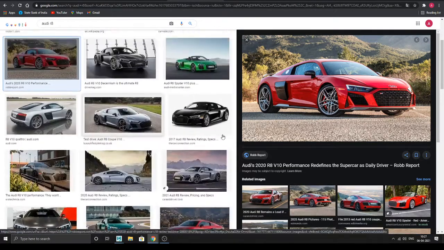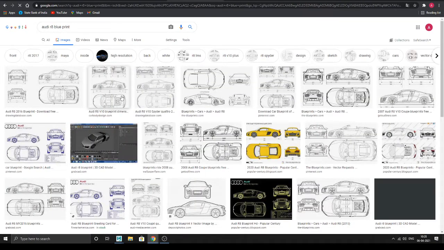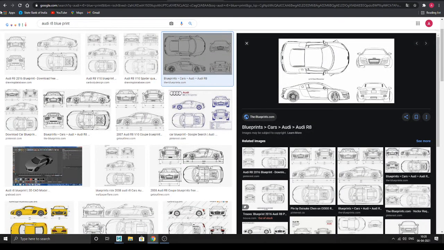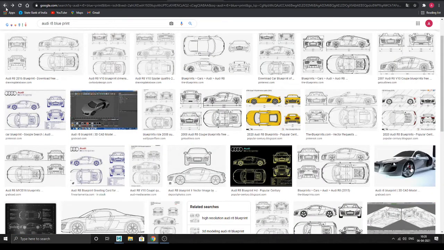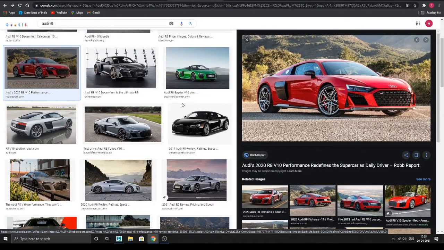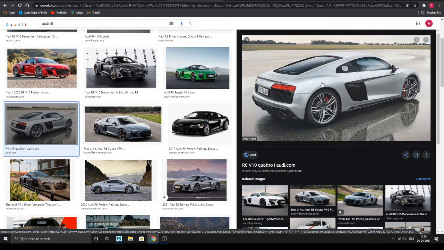So now, if I'm taking the R8, I'll take the blueprint first. What is the blueprint? All the four sides. All right, this one. This is the blueprint. I have this, but I have to view the real model also. When we are modeling with the blueprint, it is just 2D. So when we are modeling, we need 3D images also like that. So in reference, you have to download all these good images where you can properly see where the lines are, where the edges are properly coming.